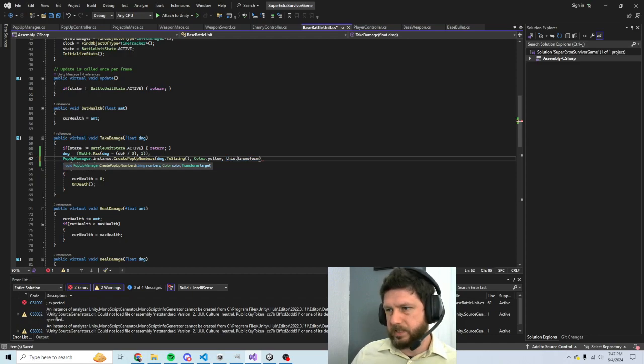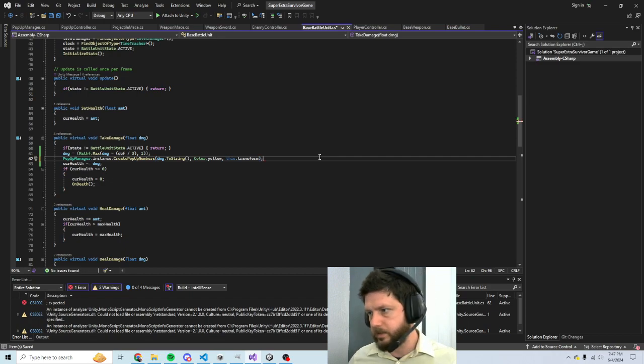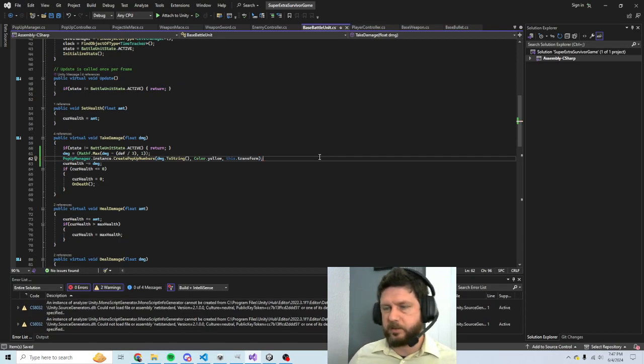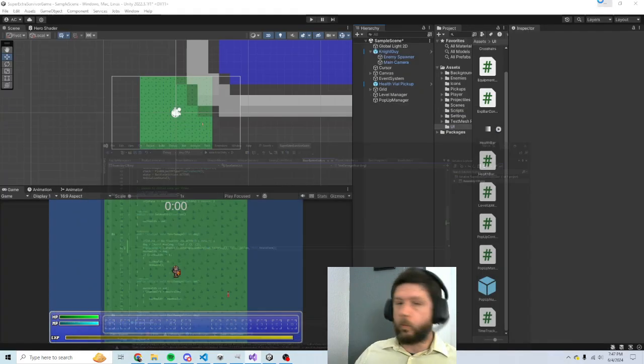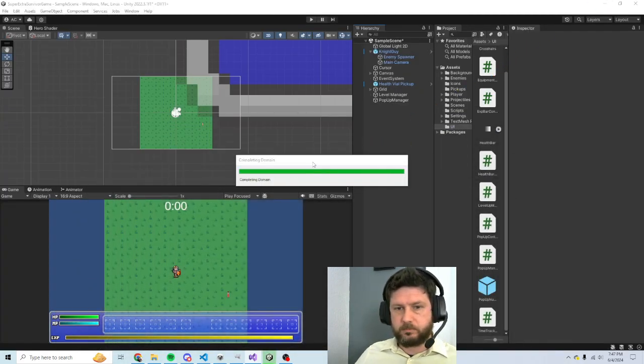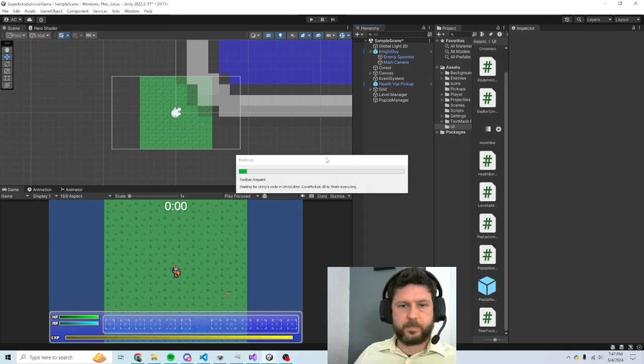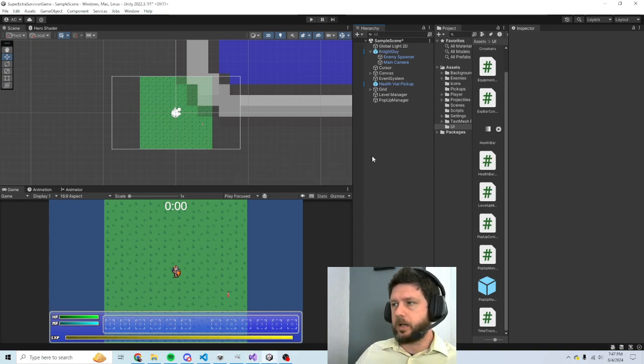Just to be explicit, I'm gonna write this dot transform, even though I don't think it's necessary. I realize that sometimes I'll code things a little more verbose than they have to be, but that's just because I like the specificity of being able to go back and knowing what the hell I was even on when I wrote that. So, anyways, these might be some weird decimal numbers